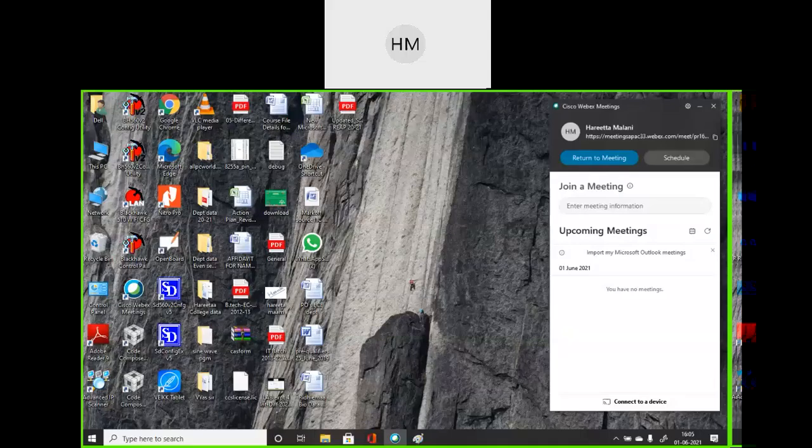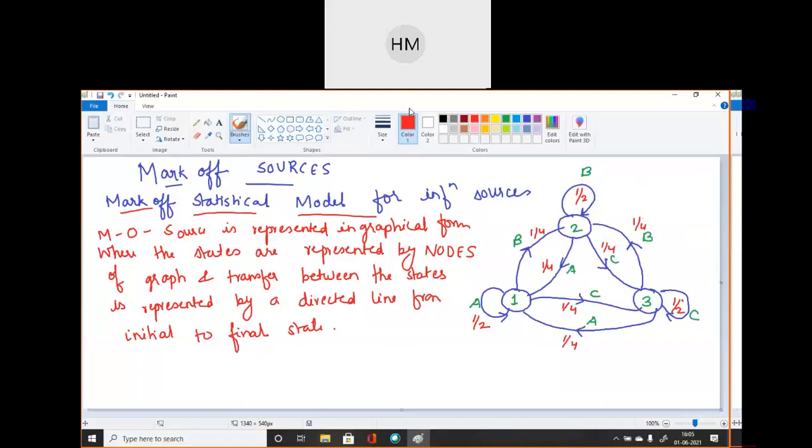Any query, any discussion for the paper needed, or was the paper easy? Anything you want to say, students, related to the paper we had, the first midterm? What happened, Aditi? You can turn on your mic also if you want.